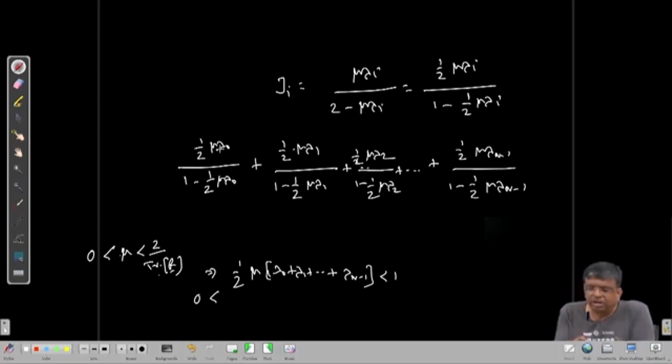So, half mu bracket lambda 0 plus lambda 1, if you call it D, so D by 1 minus D, D is also between 1 to 0. And the next one, C, is also between 1 to 0, and their summation half mu lambda 0 plus lambda 1 plus lambda 2, that is also between 1 to 0. So, this will be less than D plus C by 1 minus D plus C, and go on doing it. So, it will be finally